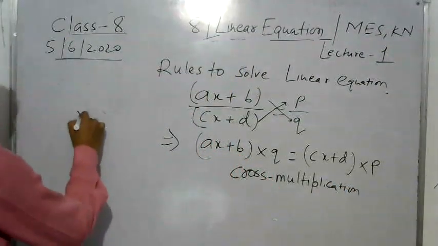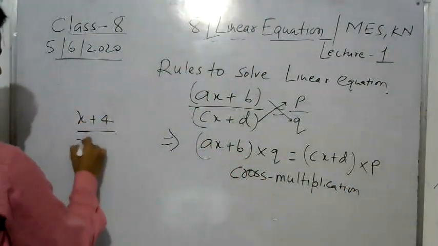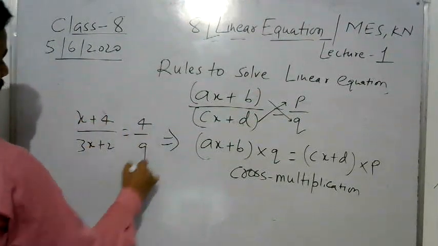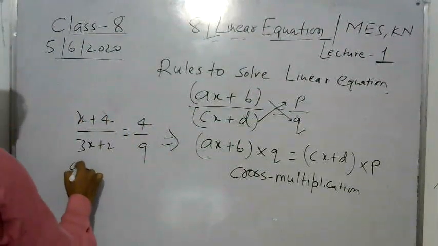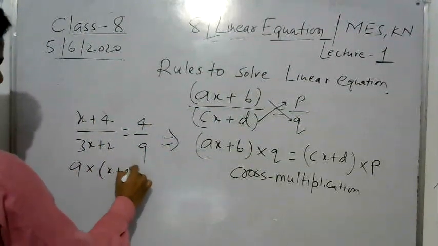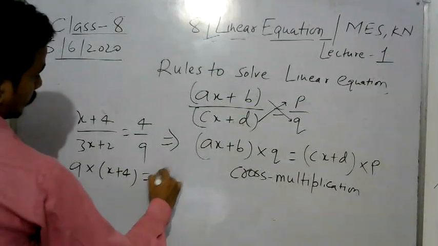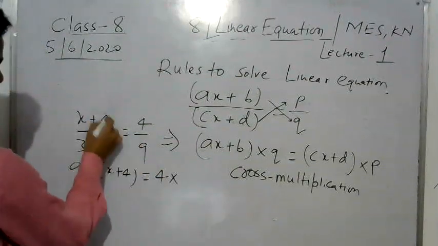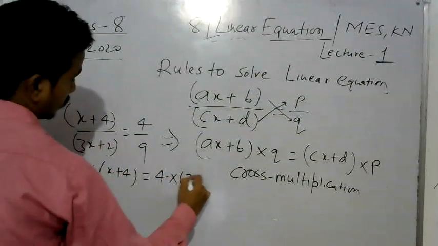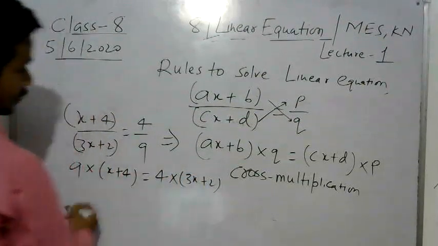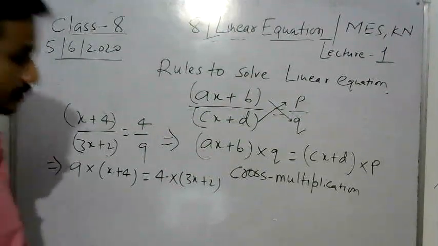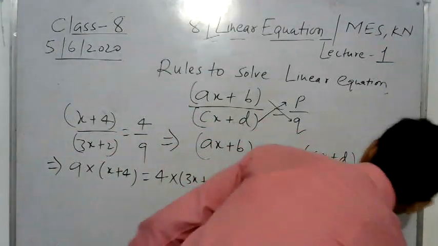For example, (x plus 4) by (3x plus 2) equals 4 by 9. Then you can write 9 into x plus 4 equals 4 into 3x plus 2. You can multiply x plus 4 with 9 and 3x plus 2 with 4. This is called cross multiplication. Okay, and the last rule is,